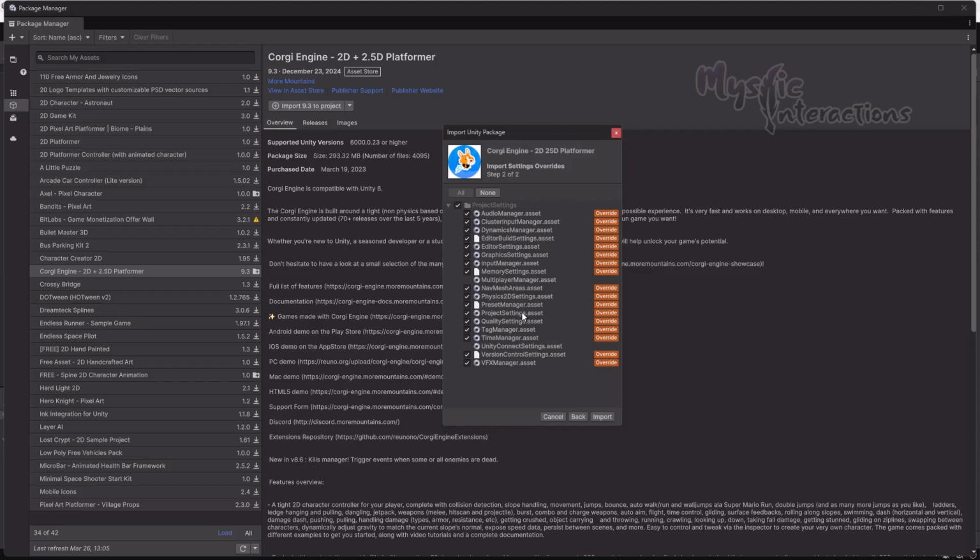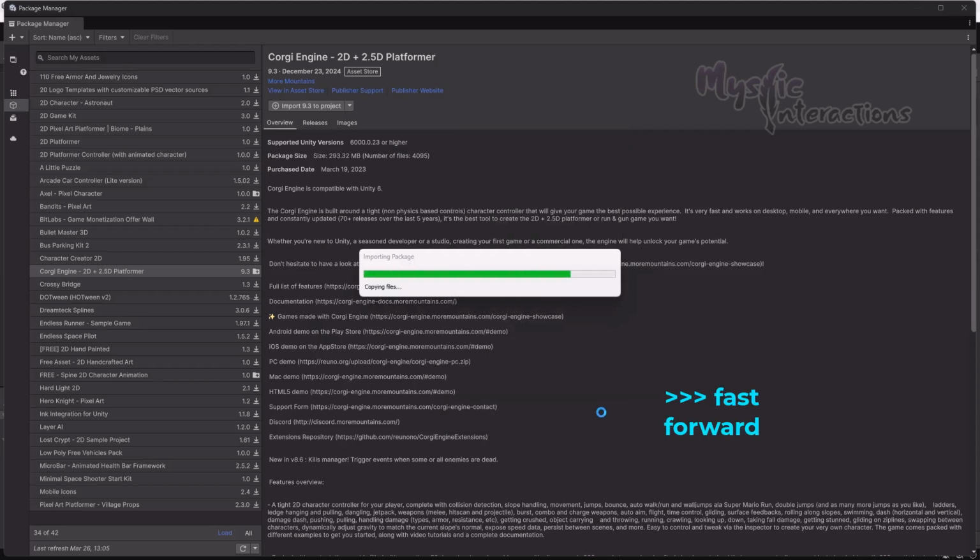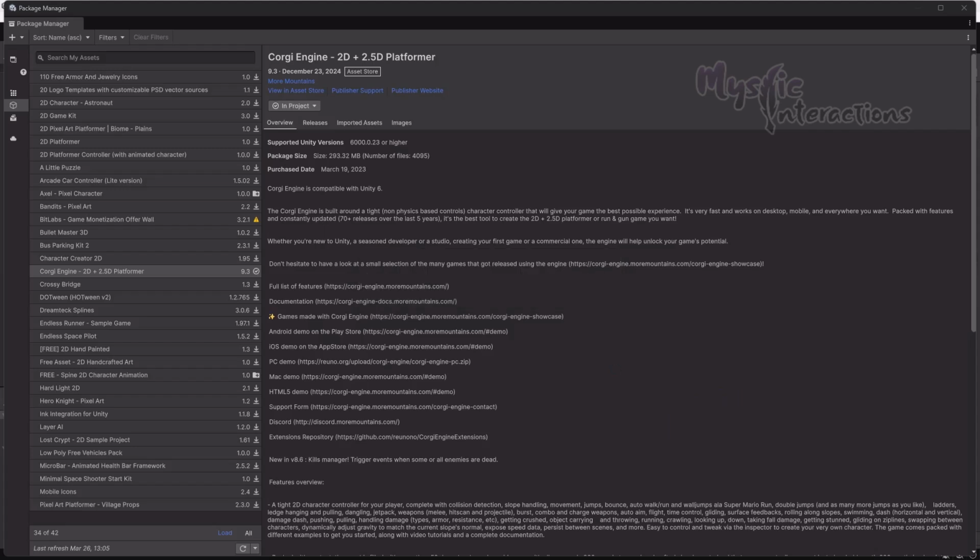So I suggest not to uncheck anything and import as is. Okay, that's done. Once the Corgi Engine is installed,